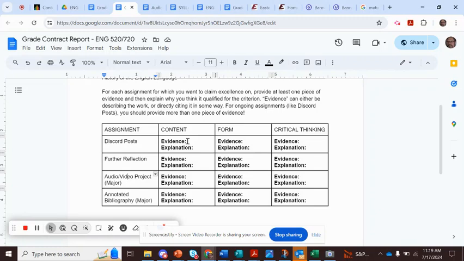And then beyond that, I'll give you all a little bit of feedback on the grade contract report just to let you know whether or not you've got what was going on. Because then significantly, we'll be doing this again, and you'll be hanging on to these and adding to them for the final grade for the class, of course.